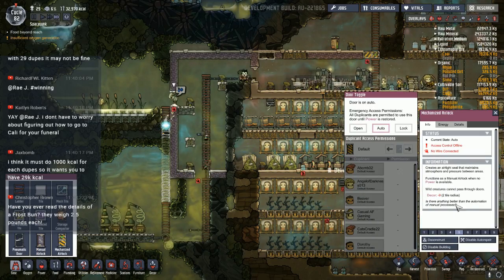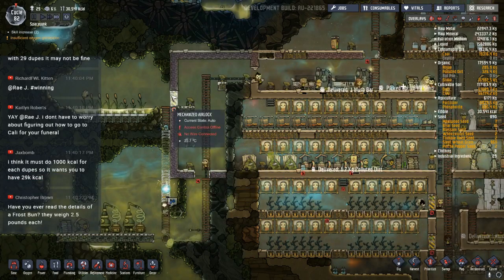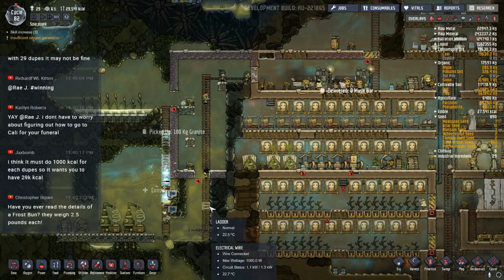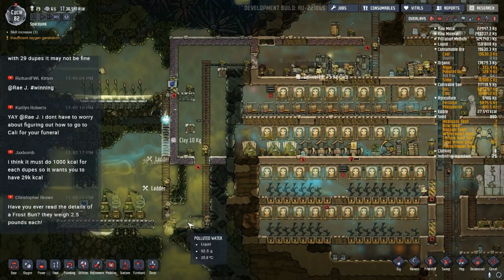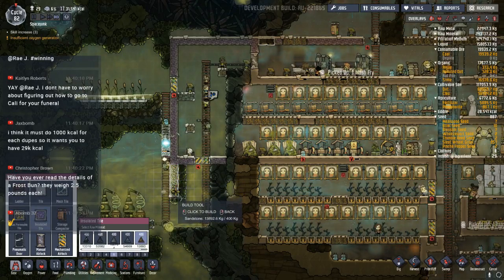This door, I want to get rid of. Well, they're still working on it, I guess. I'll leave it there for now. Once they're finished, I'm going to get rid of this door, so we'll have this all sealed off. And then I'll probably build a second chamber down here. I think that's probably a good idea. Let's do that. We'll build a second chamber down here